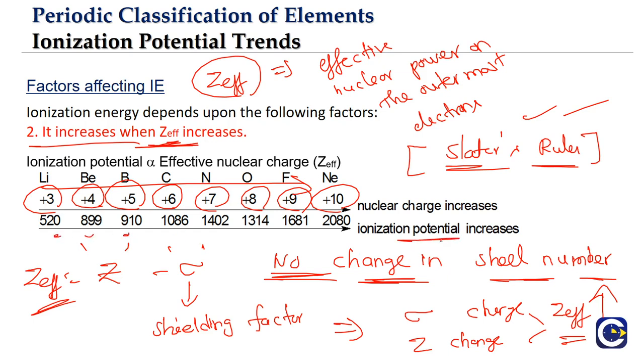We have to create more potential difference for the removal of electrons, which means the ionization potential value will be increasing. We can also say the ionization energy value will be increasing. So as the effective nuclear charge increases, the ionization potential also increases. Why? Because the electrons come under more influence of the nucleus, so it becomes difficult to remove them. We have to spend more energy, or apply more potential difference, for the removal of electrons.